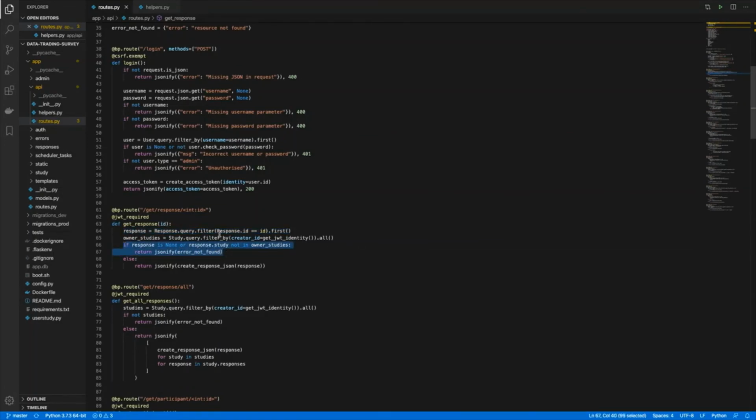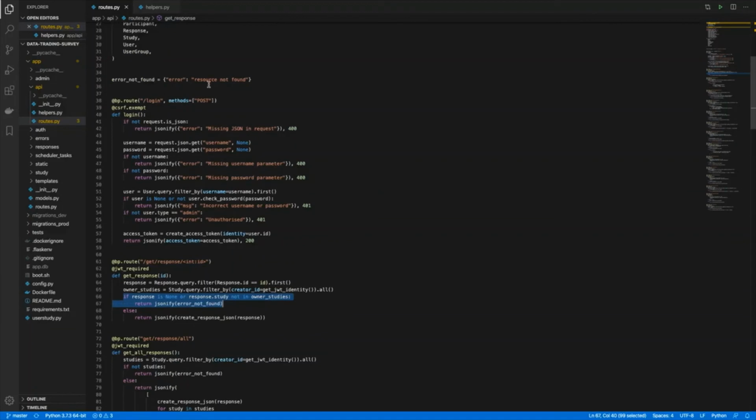If it's not, or there is no response found with that ID, this error not found message is returned.